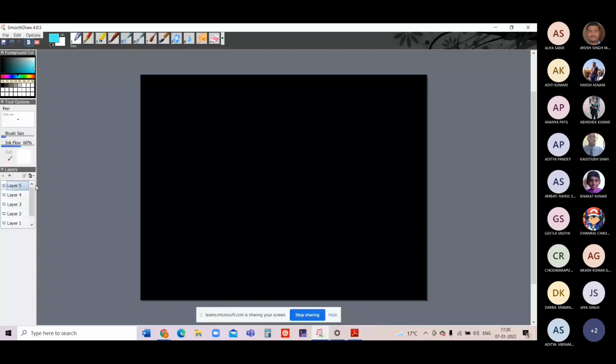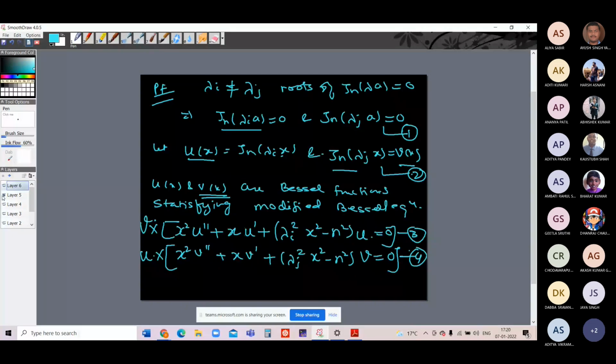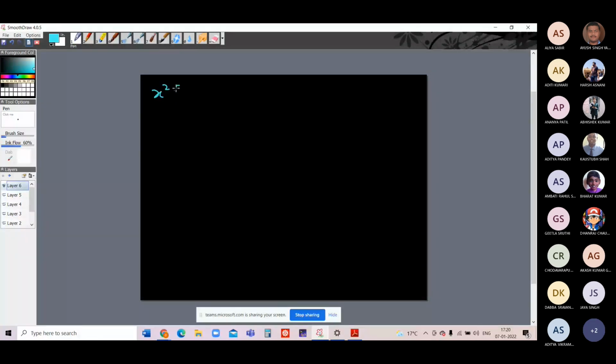So it will give you x square times (v u double dash minus u v double dash) plus x times (v u dash minus u v dash)